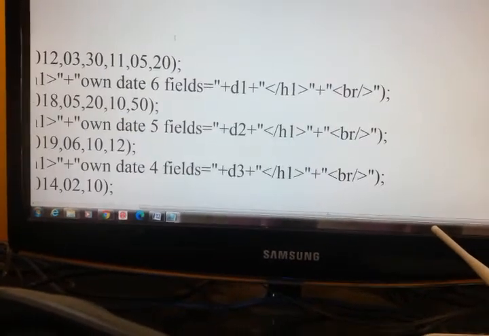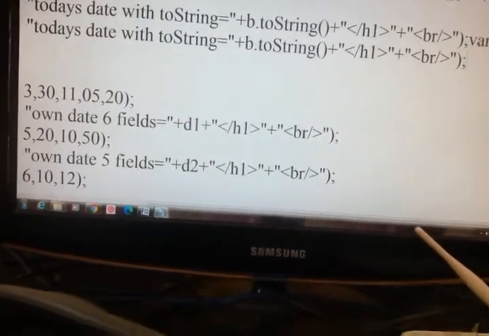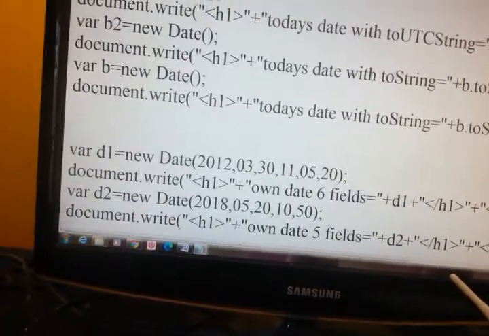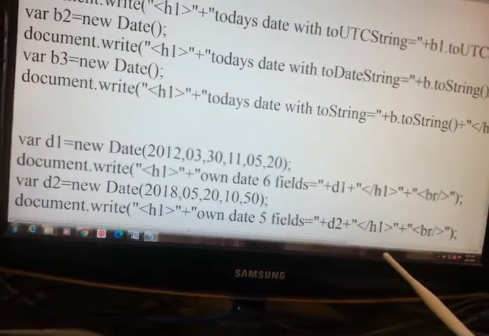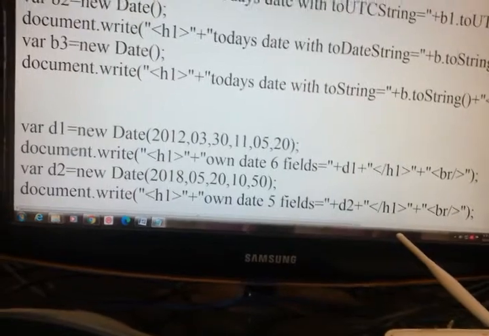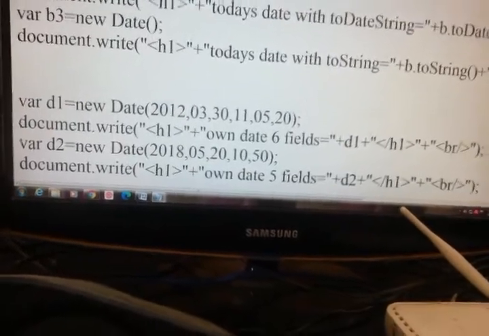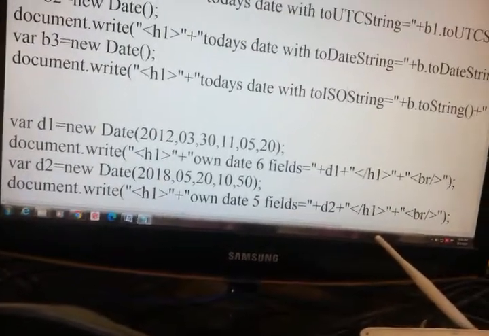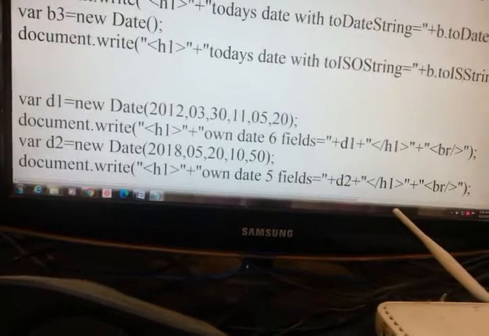We see that toDateString, b2, b3, toDateString, toISOString.